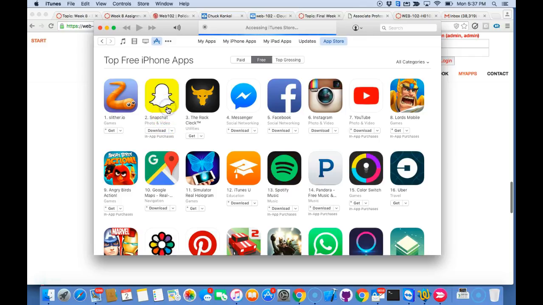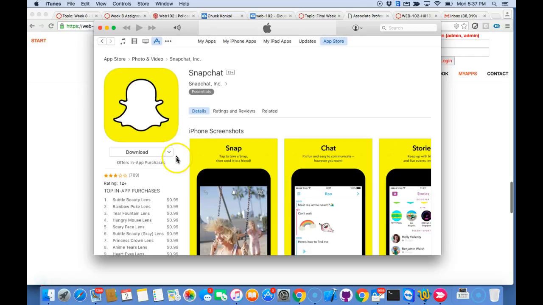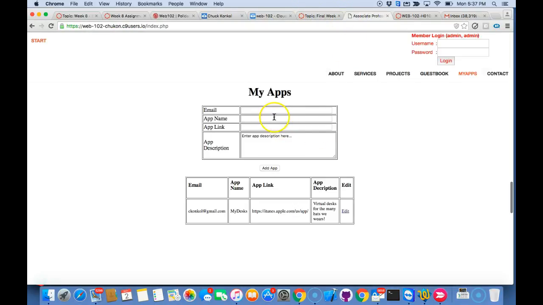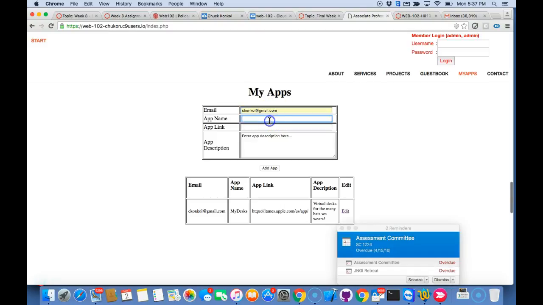I'm going to go ahead and click on the Snapchat, and then I can click on this drop down to copy the link, and I'm going to go back to my website, and I'm going to put in here my email, my personal email, and I'm going to put in here Snapchat, and the app link I just copied, and I'm going to put in here, this is the #1 social media app, which it is right now,